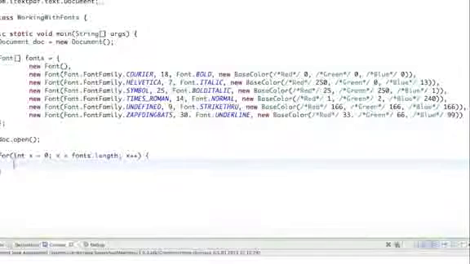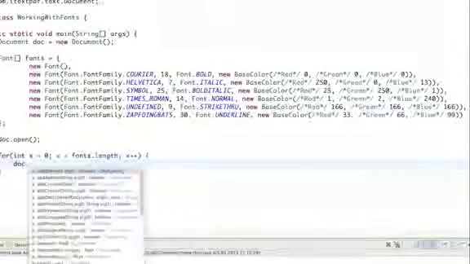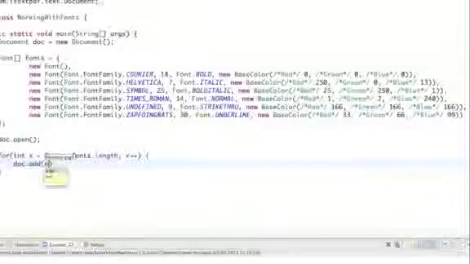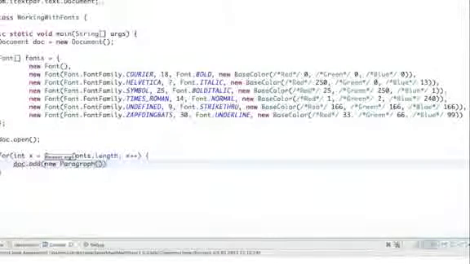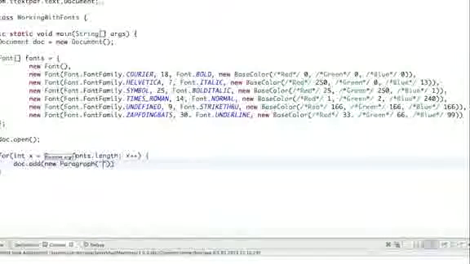So the same as before, but now we have a number that just goes through there, and we want to create a paragraph for each of the fonts. So we'll say doc.add, and we want to add a new paragraph. And so in the paragraph we'll put the text in. So I'll just say as the text, this